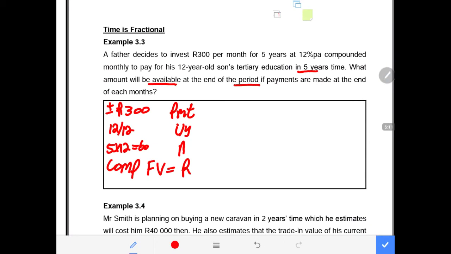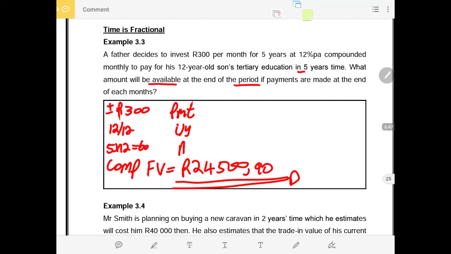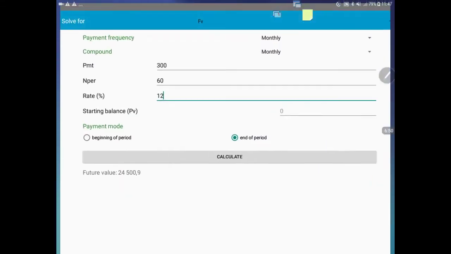Now I'm using my hard copy calculator, which is not visible now on the screen. Please make sure that in your hard copy calculator, you press second function, alpha, 00 to clear the screen. Plus minus 300 is PMT. 12 divided by 12 is the interest. 60 is N. Then we compute future value. We get on the calculator, or I get 24,590 cents. Exactly the same amount that our app has given as the correct answer. Let us verify that it is exactly the same answer.